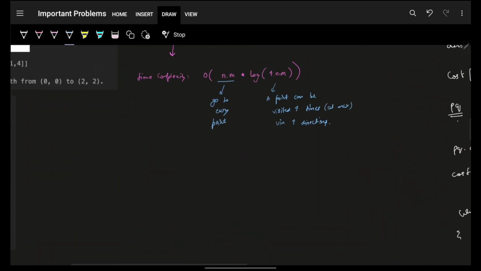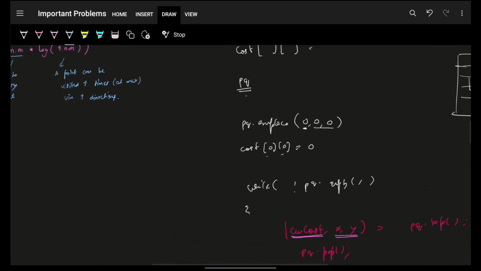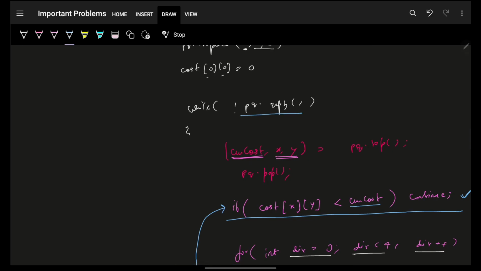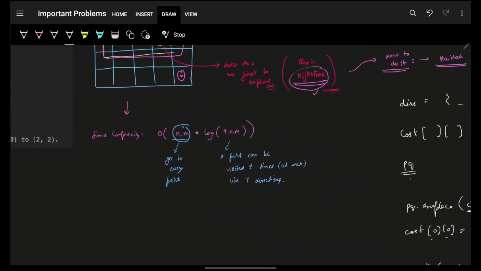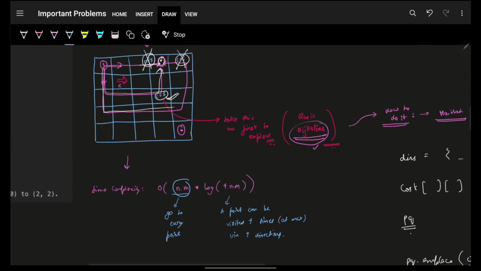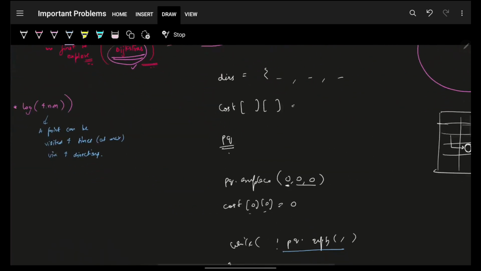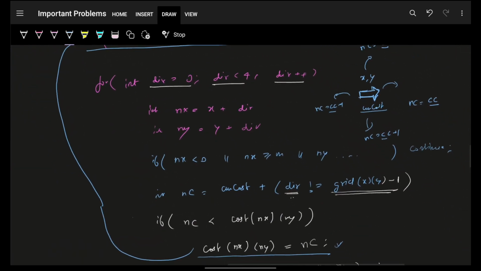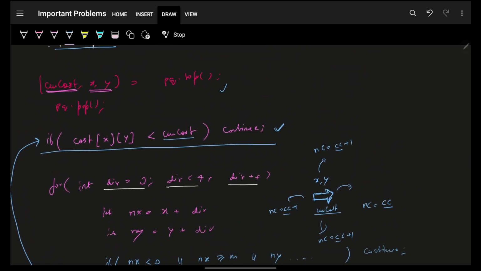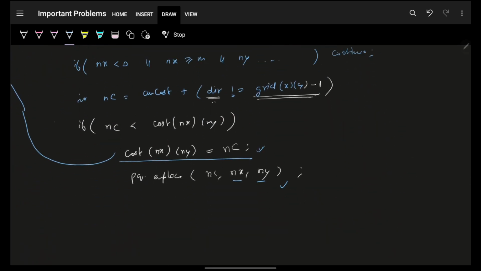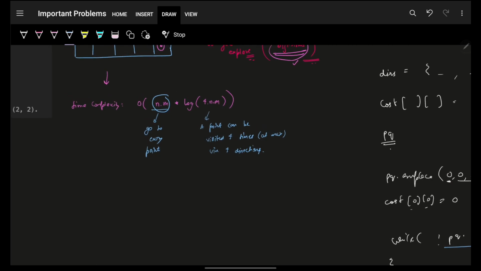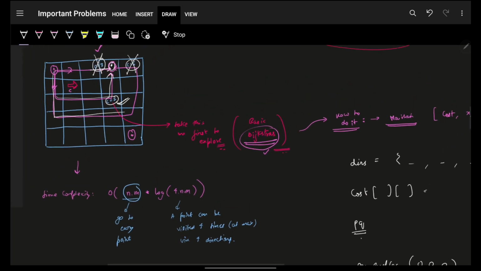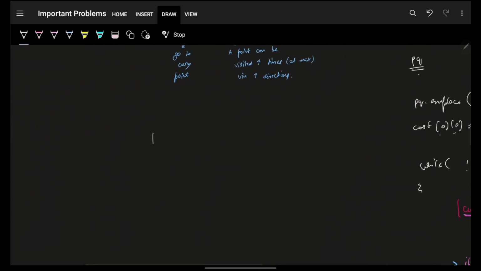Now coming on, what is the complexity for this? Obviously, as you are going on to every point inside the grid, m into n will always be there. But for every point, you are simply checking your priority queue and also pushing an element in the priority queue. Now the complexity of the priority queue depends upon what elements are already there or what can be there in the priority queue. Now to reach any specific cell,